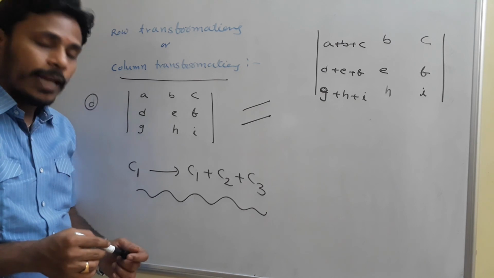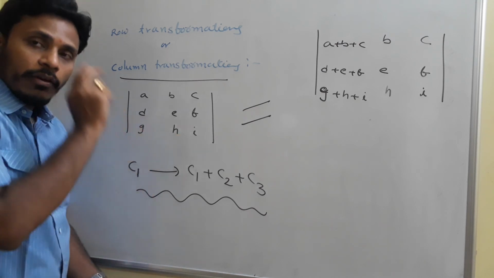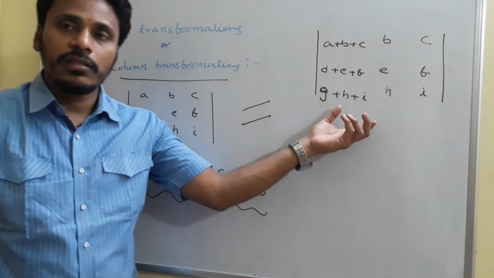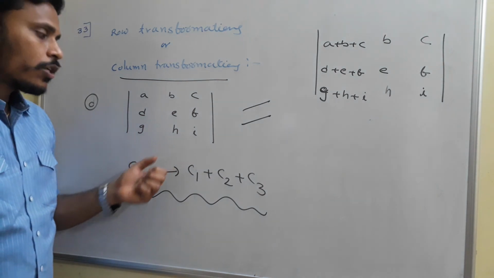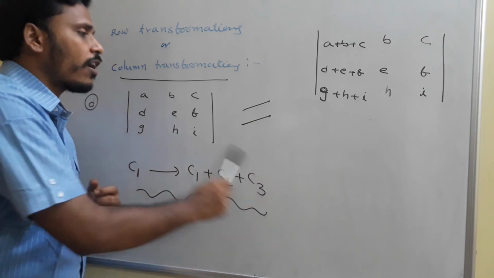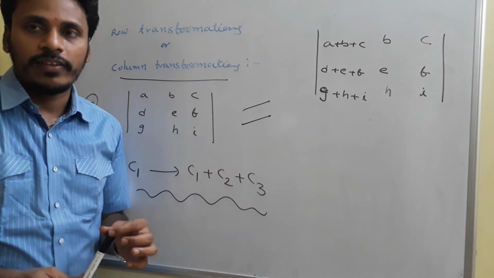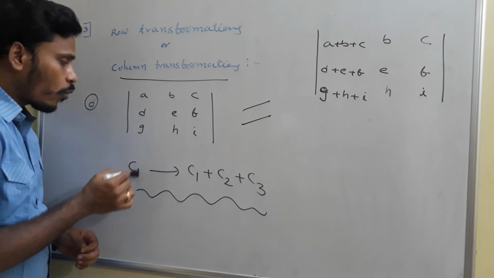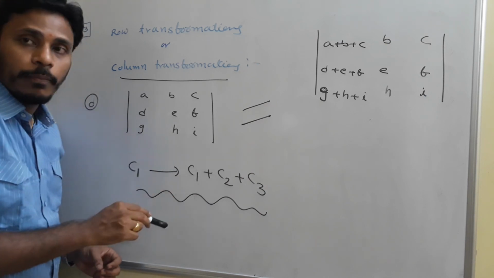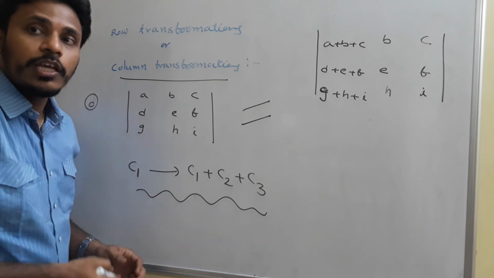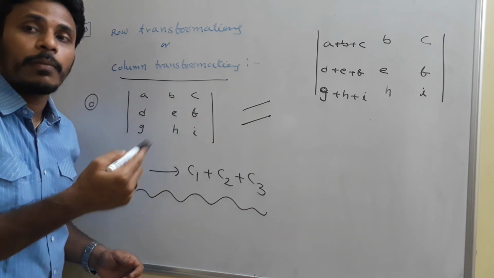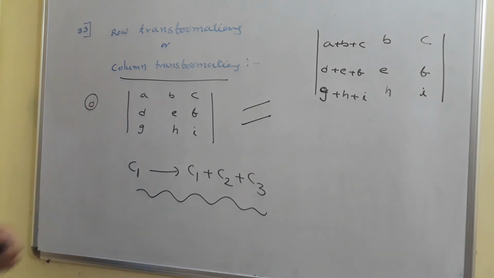But sometimes to calculate it easily, if it is given in this form, we need to view it in this other form. And sometimes if the problem is given like this, we need to view it like this. So viewing one determinant as another is possible just through these types of column transformations as well as row transformations. Once again, if you are going to change the first column, the transformation effect must be on column 1 along with some other columns. If you are going to change the second row, the transformation must be based on the second row along with some other rows. But you can't go with these types of transformations.